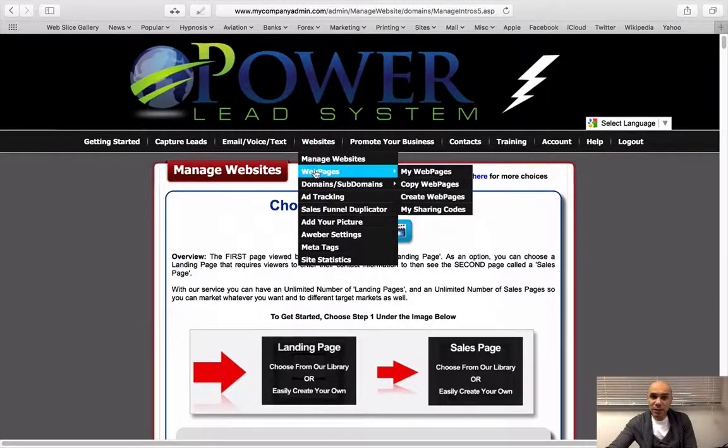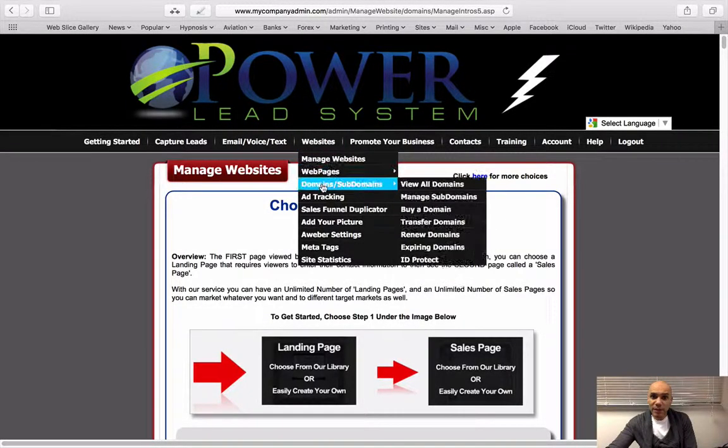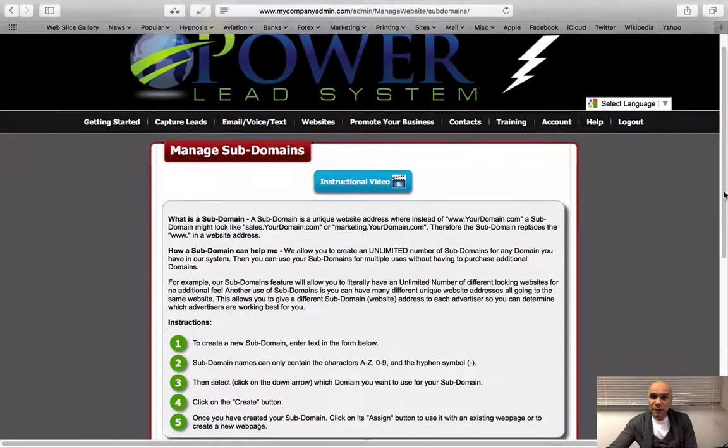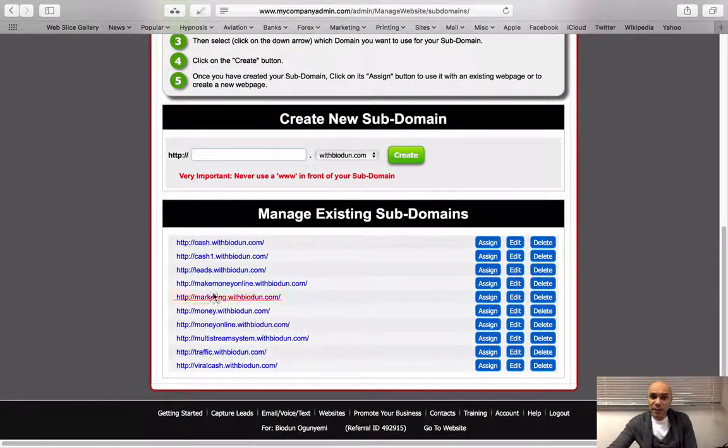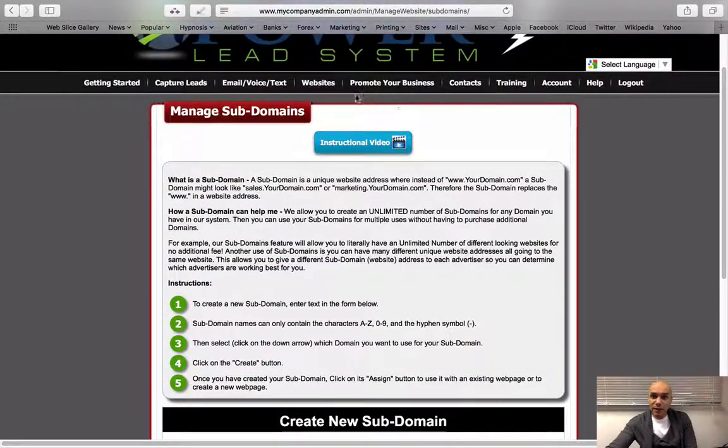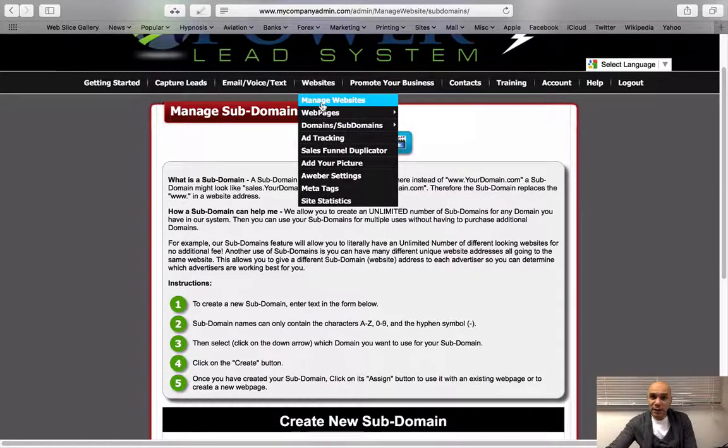The easiest way to test it to make sure it works is to go to websites, go to domains, subdomains, and just go to manage subdomains. Now you can test the full system in here by clicking on any of these links. So whichever domain you've set up, and in here is actually how you create a subdomain as well, if you're to create a new subdomain for your initial step. You can also go here and you go to